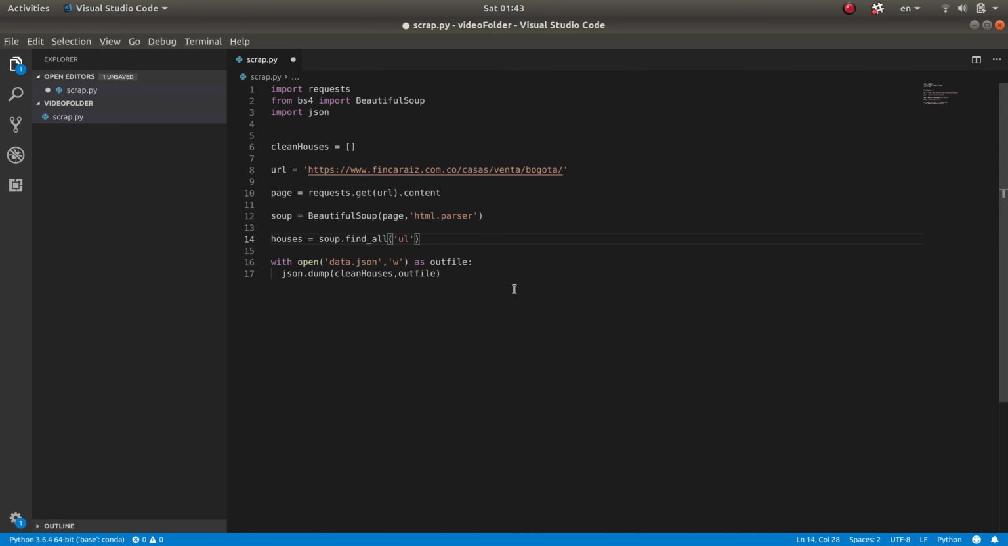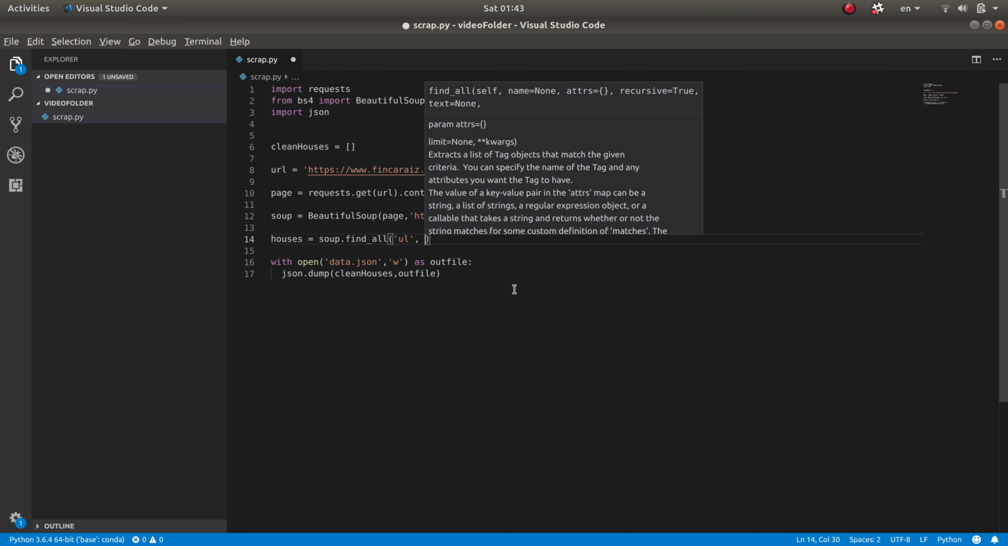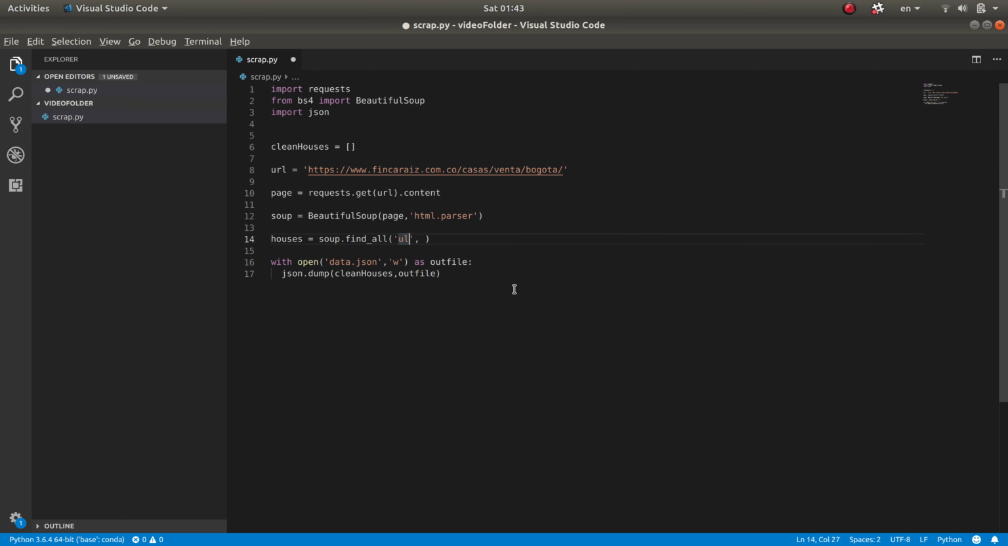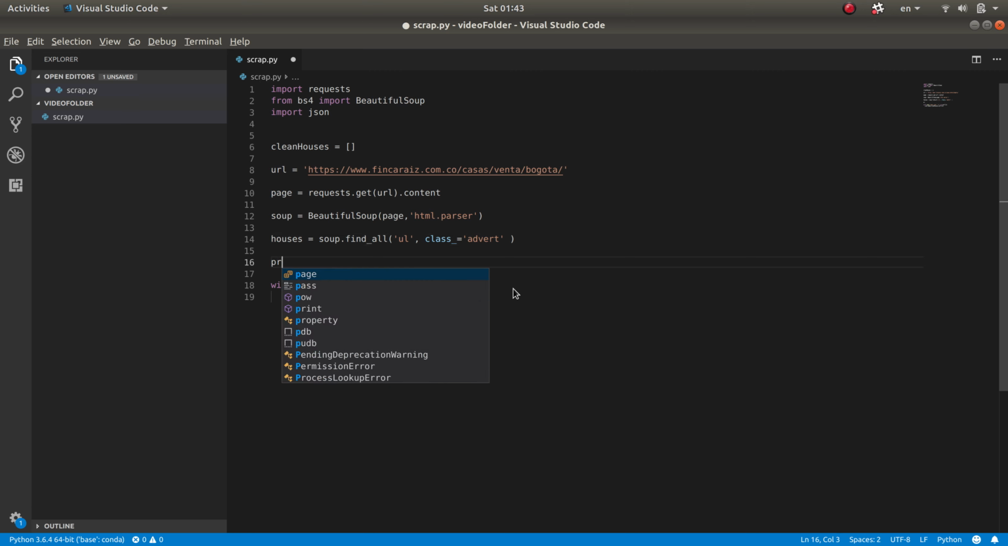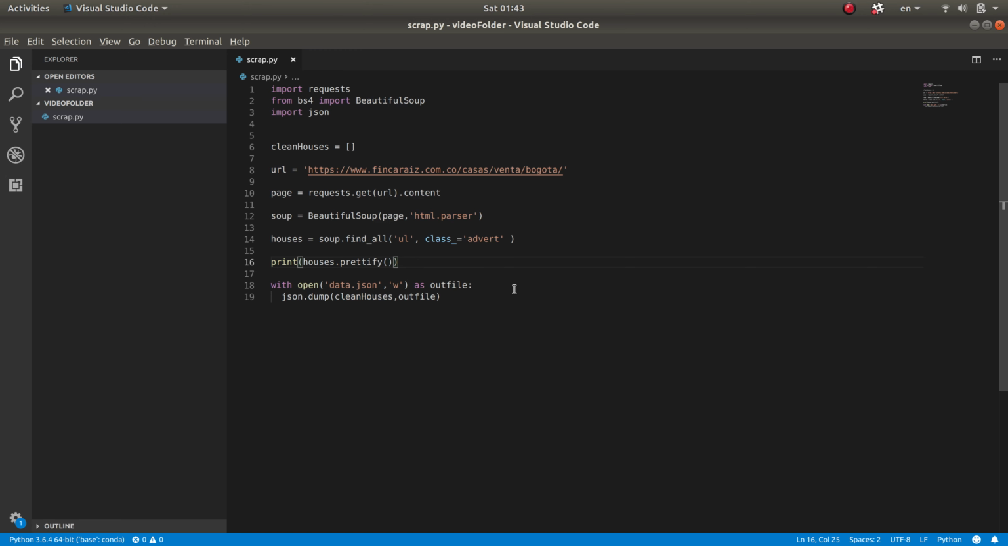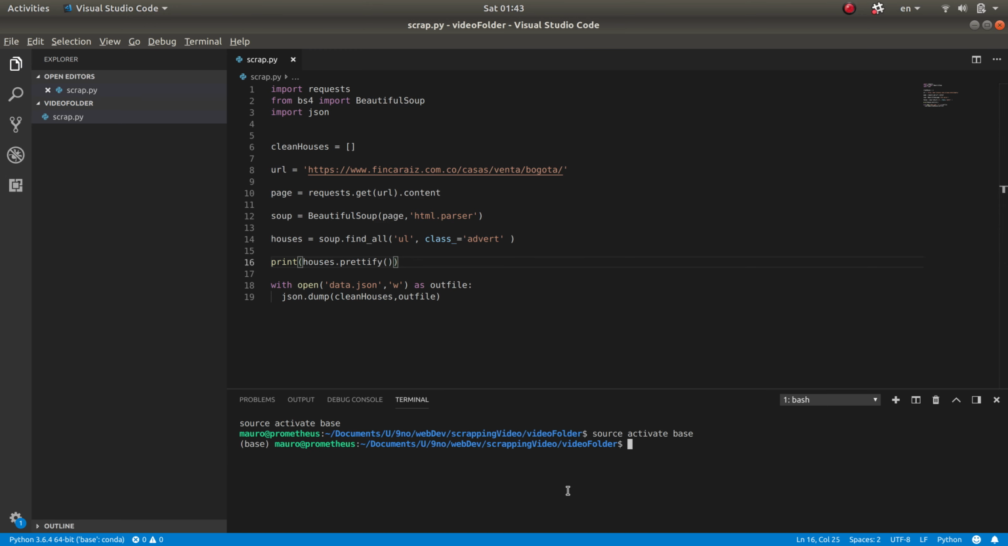So how do we tell the computer to do that? Well, here we're selecting all the UL elements, and then we're going to tell it, okay, get all UL elements that also have the class name advert. Nice. Let's see what that outputs. So print houses.prettify. This will just pretty print stuff for us, not just ugly, unindented HTML. So if you run our script,